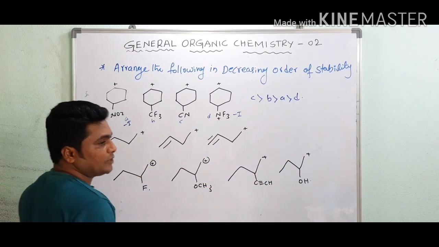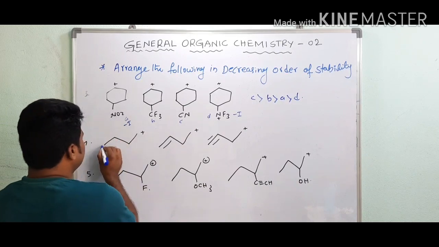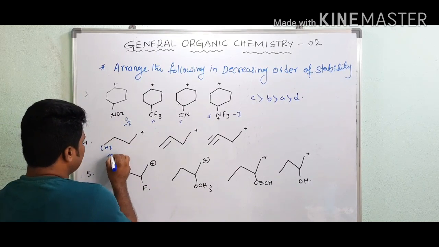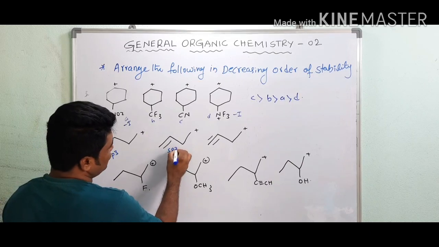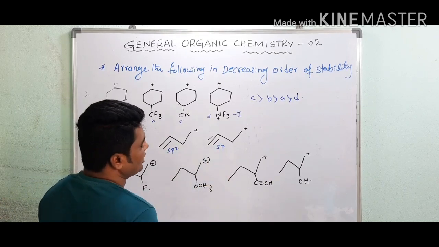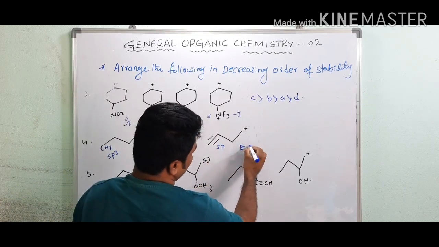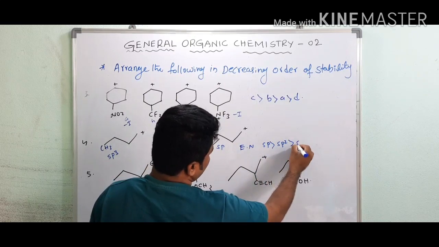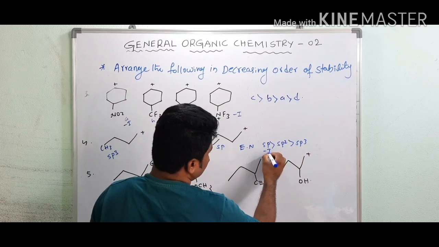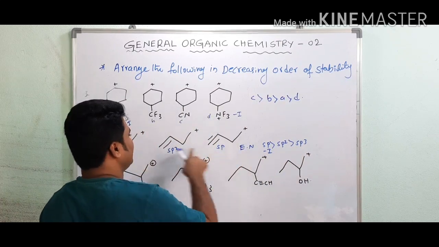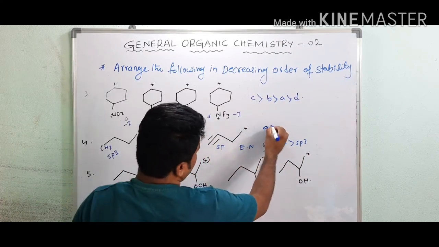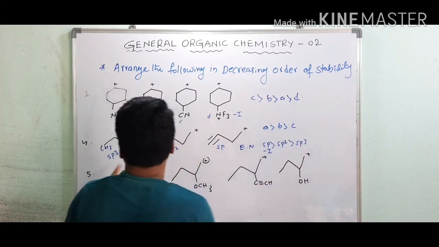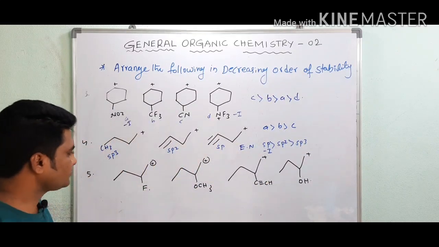And I already explained in the hybridization part, this is an sp3 carbon atom, here this is sp2 and this is sp. You know the electronegativity order: sp is greater than sp2, then sp3. So it will show more minus I. So this is highly unstable as compared to this one. So stability order is A, B, C. This is sp3, less electronegative.